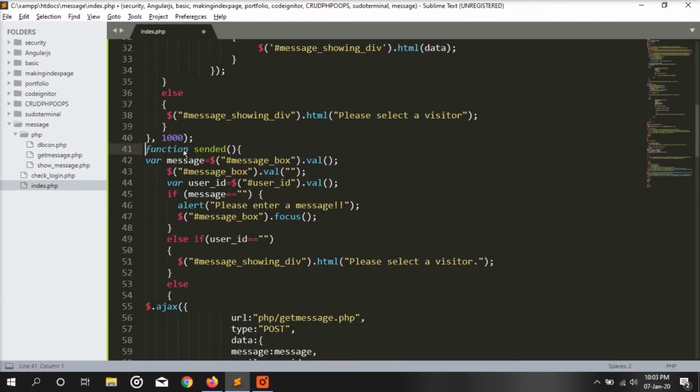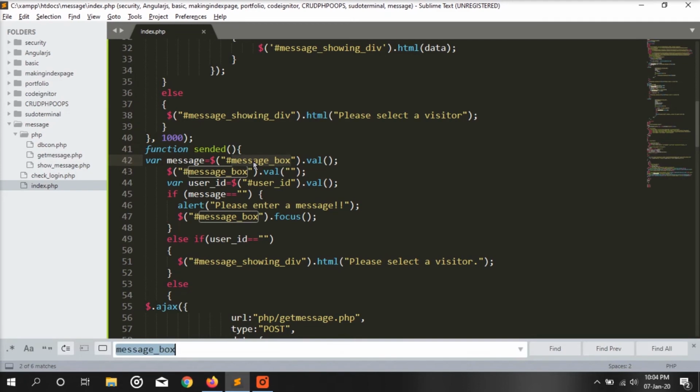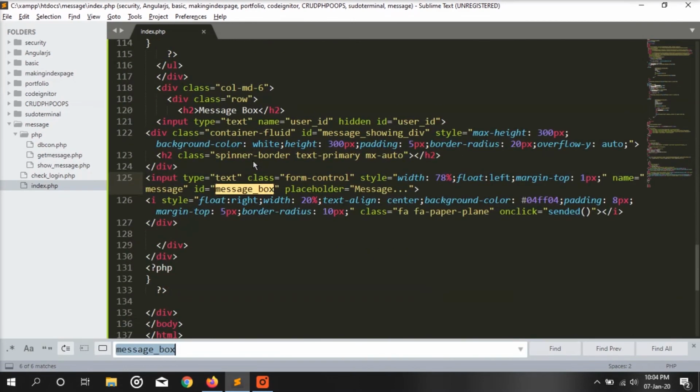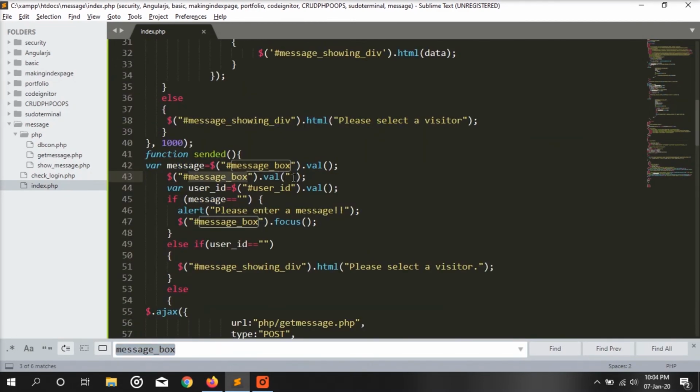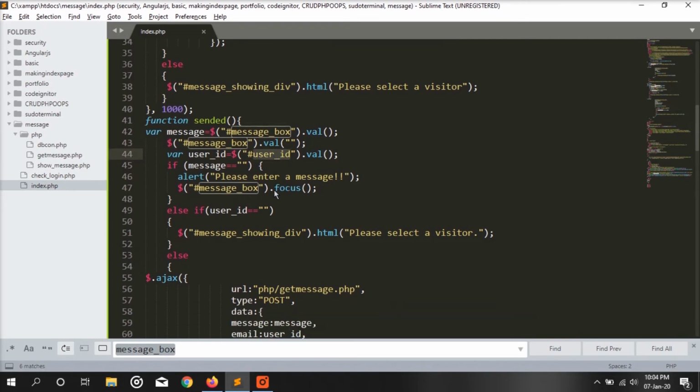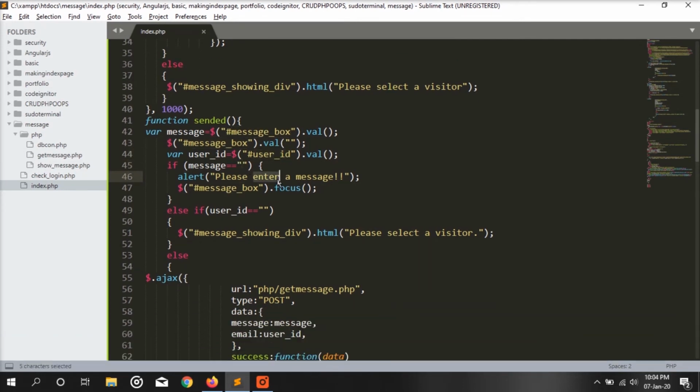What this function sended is going to do is take the value from the message box ID, which is the input type text, and send the data to the server, to the page get message.php, which is inside the PHP folder.